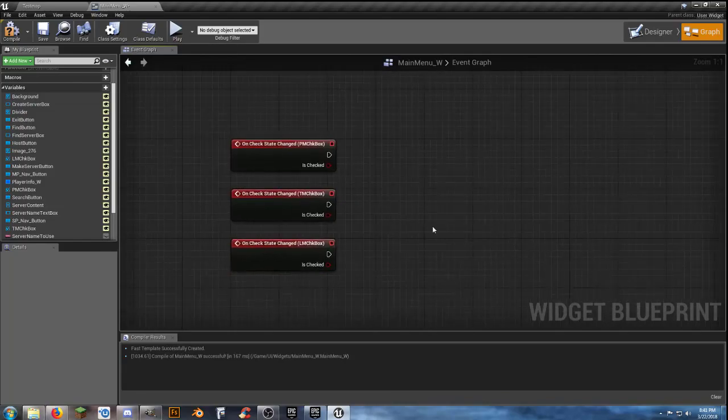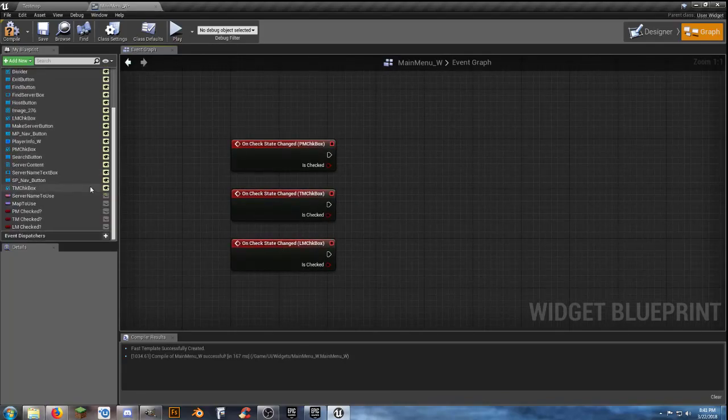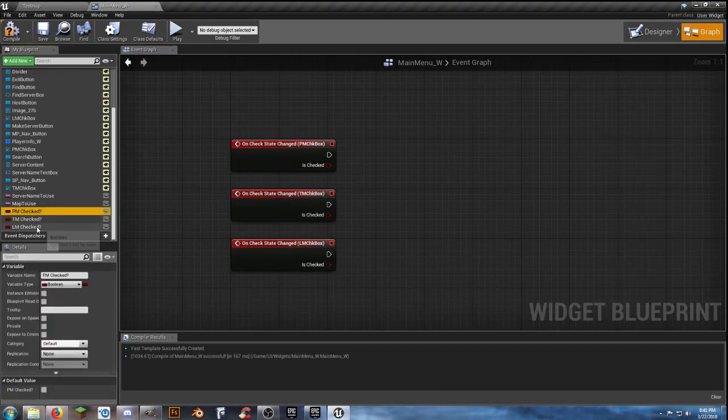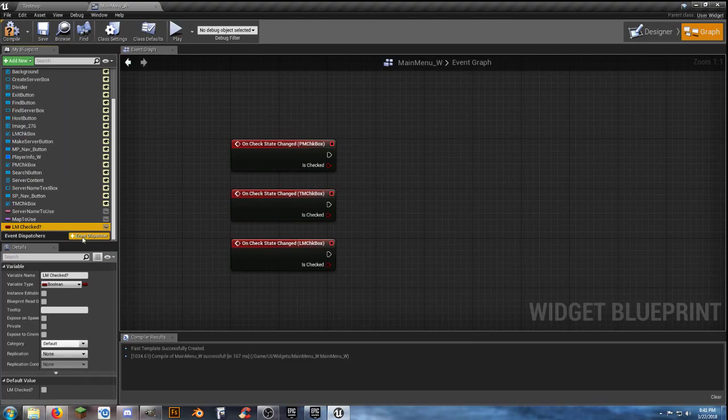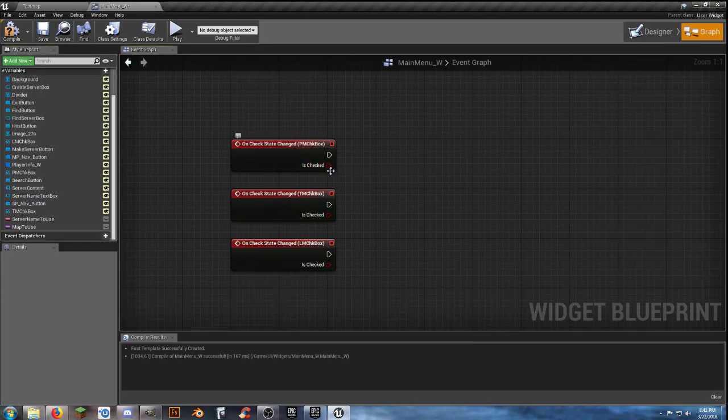So what we have to find out, from our 3 variables right here, is PM checked. Even though we've already created these, I got ahead of myself a little bit, and I'm going to delete those, because what I want to do is come off from is checked